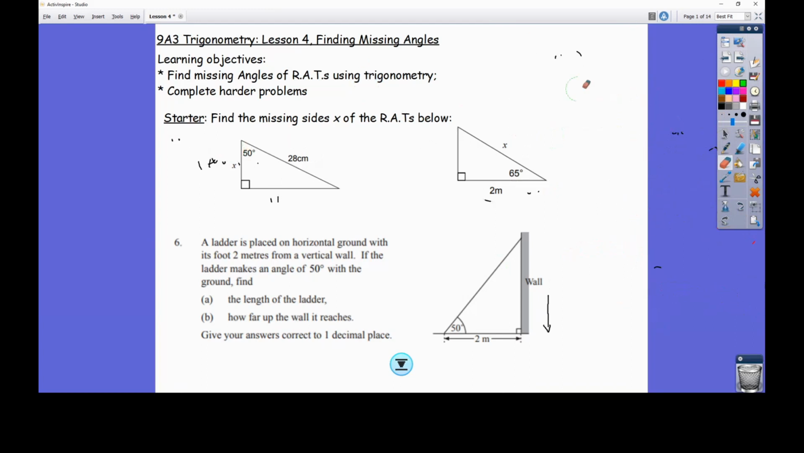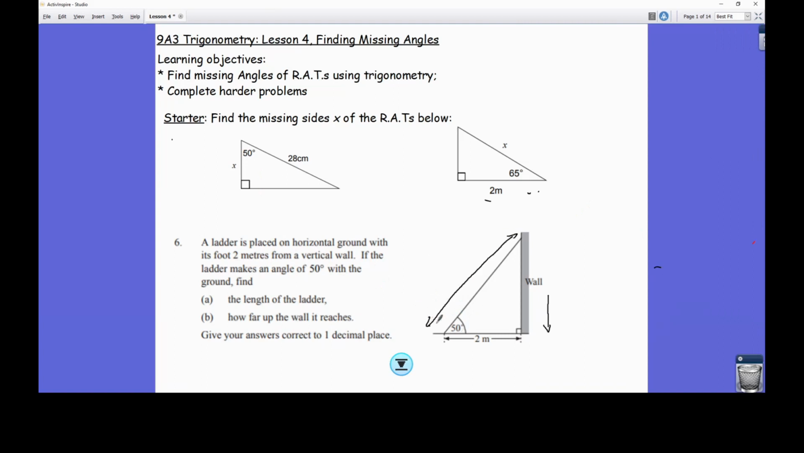The second one then, second part of the starter. I labeled it as question 2, but it says question 6 here. So, second part: a ladder is placed on horizontal ground with its foot 2 meters from a vertical wall. The ladder makes an angle of 50 degrees with the ground. Find the length of the ladder, and how far up the wall it reaches. So, the length of the ladder,